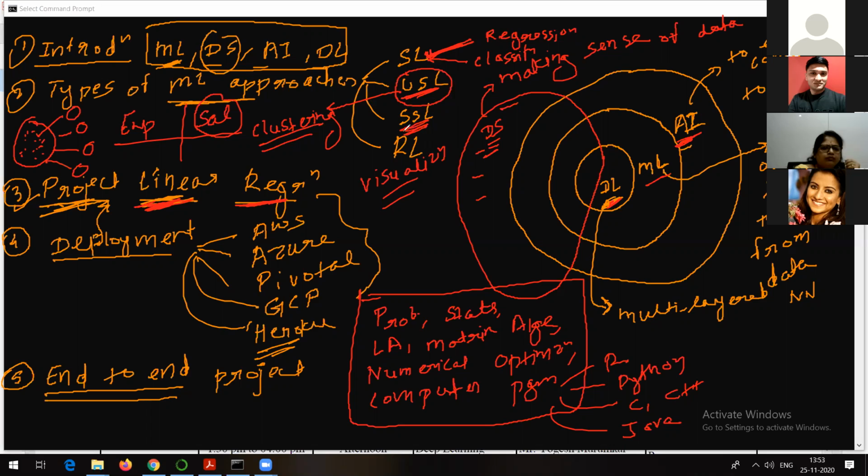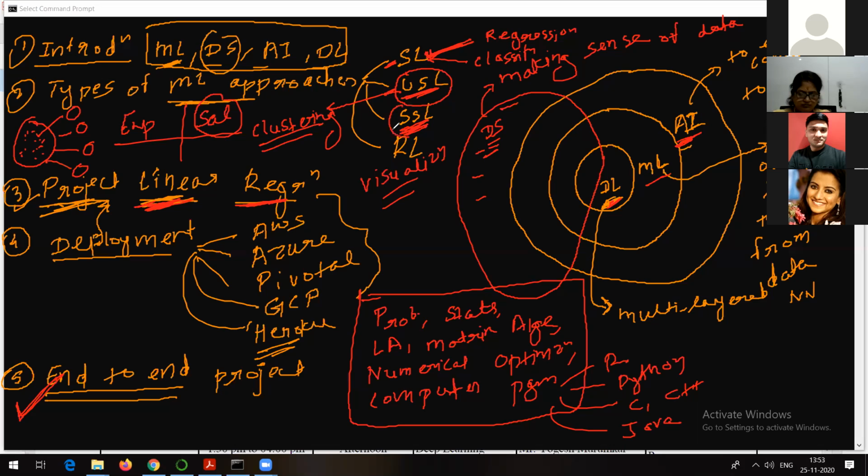Semi-supervised learning is nothing but supervised learning plus unsupervised learning, and that's what we are going to make use of in our end-to-end project, and that's what people also make use of in real-time projects. I will show you how, right? So semi-supervised learning is nothing different actually. That's why you will see many people not talking about semi-supervised learning. They will talk about supervised learning, unsupervised learning, and reinforcement learning, right? So in our end-to-end project, we will be talking about semi-supervised learning.